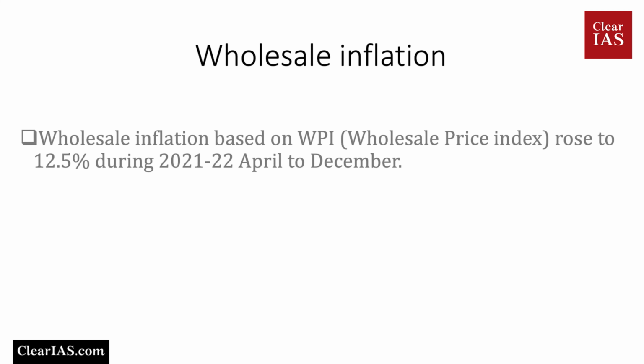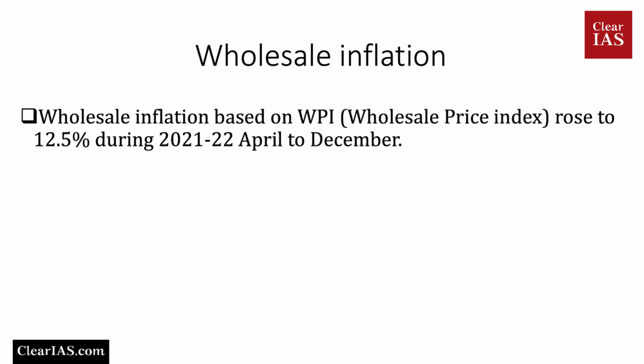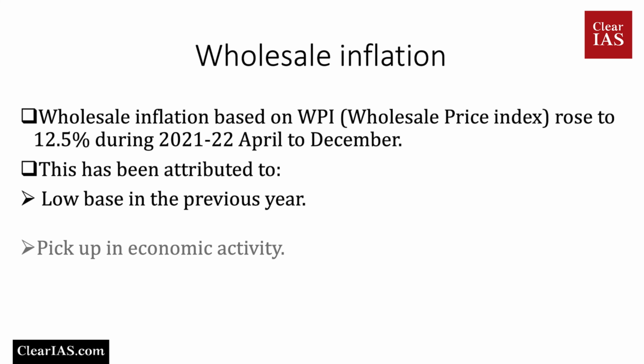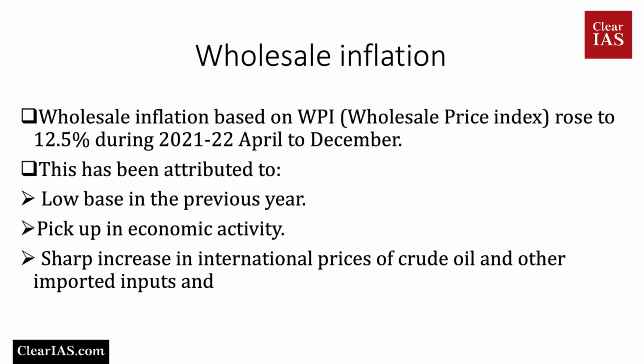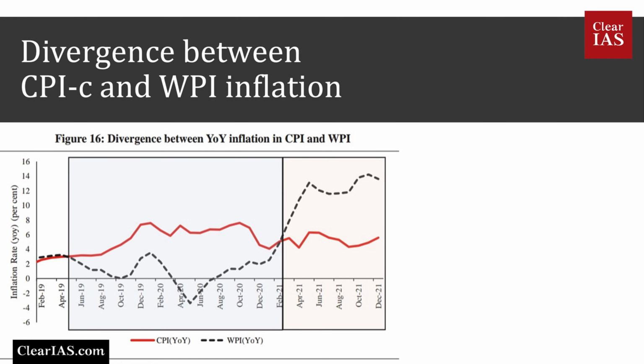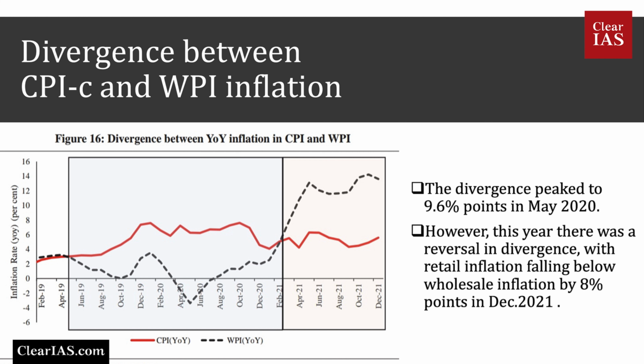Wholesale inflation based on the wholesale price index rose to 12.5% during 2021-22. This has been attributed to low base in the previous year, pickup in economic activity, a sharp increase in international prices of crude oil and other imported inputs, and high freight cost. Coming to the divergence between CPI combined and WPI inflation, the divergence peaked at 9.6% points in May 2020. However, this year, there was a reversal in divergence, with retail inflation falling below wholesale inflation by 8% points in